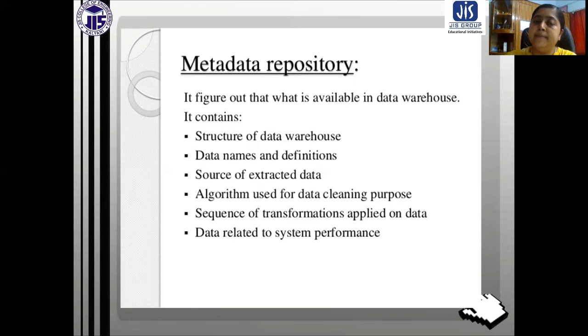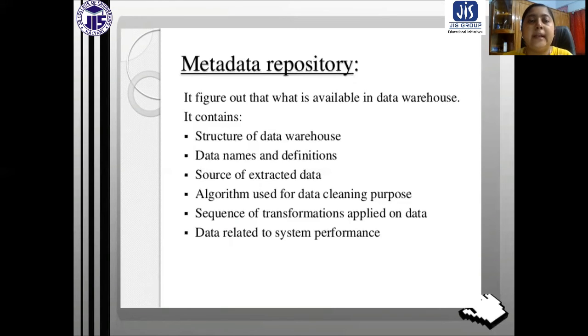Now, data names and definitions, source of extracted data, the algorithm used for data cleaning, the sequence of transformations applied on data, data related to system performance.